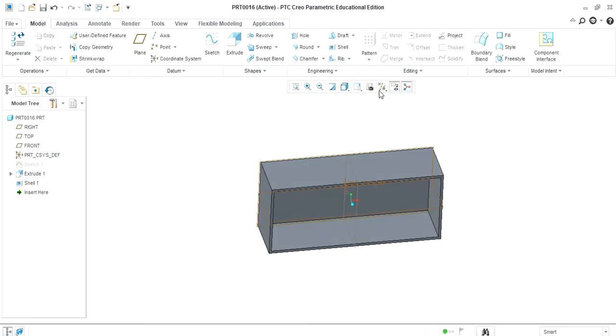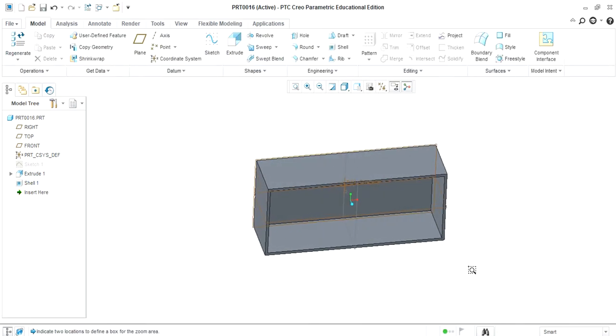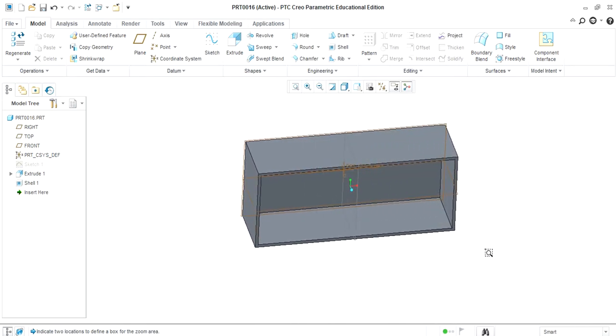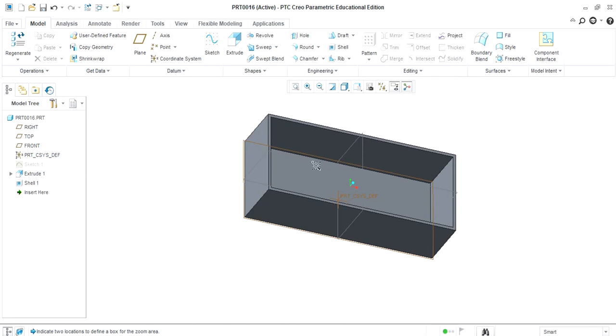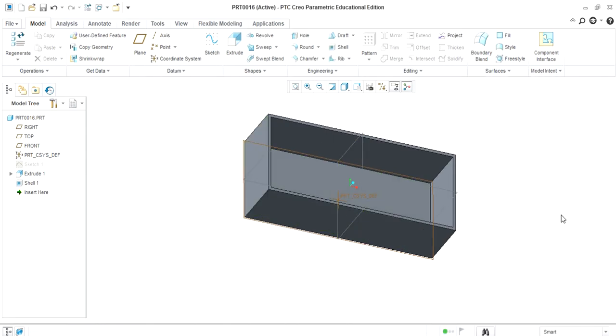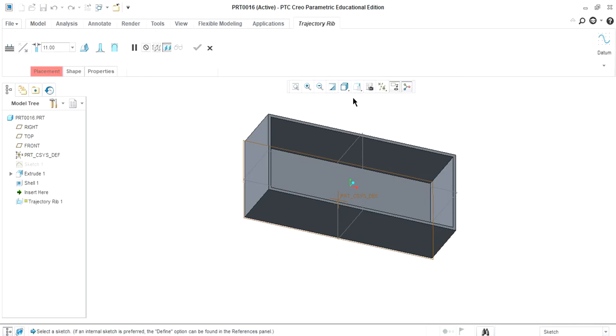Now for the trajectory rib, we have to draw the profile or trajectory inside the cavity. So in this case, select trajectory rib, select the plane. You have to select the upper plane for the sketch.